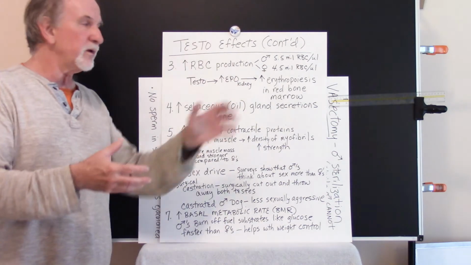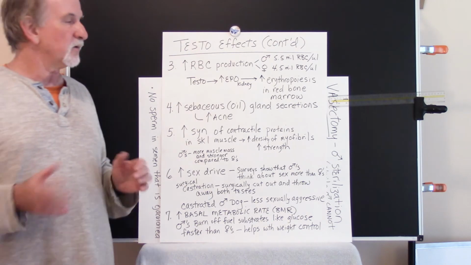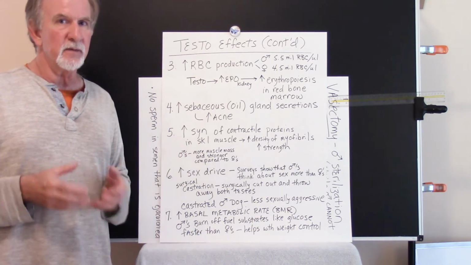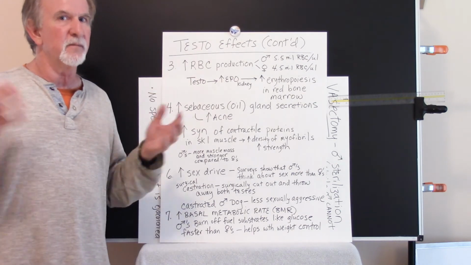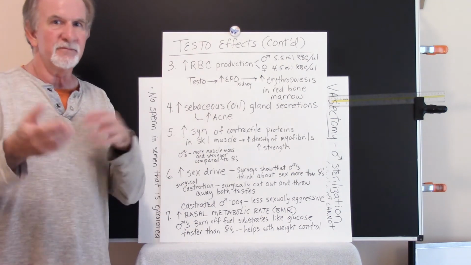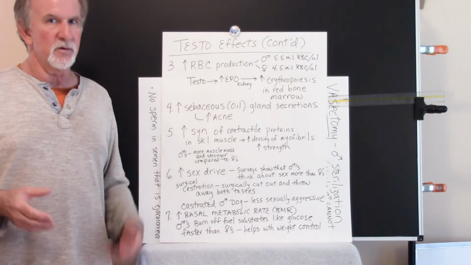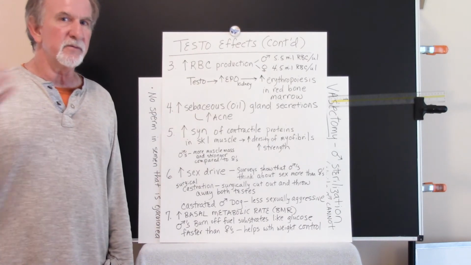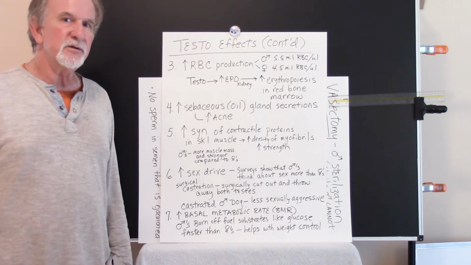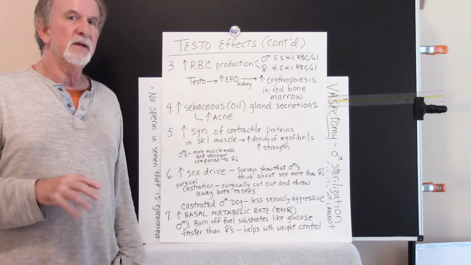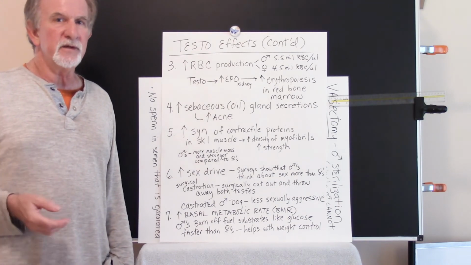guys have more erythropoiesis occurring in the red bone marrow, and as a result have higher circulating numbers of red blood cells. Now if you look at all of the blood combined, you're looking at 4 or 5 liters, guys have trillions more red cells as compared to females, which gives them an oxygen carrying advantage, and we see that played out in endurance sports like cross country,